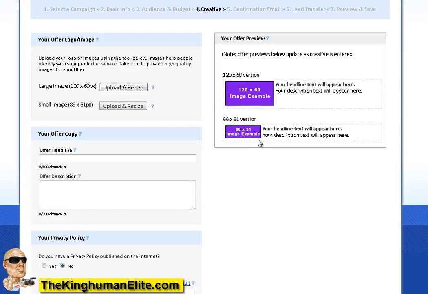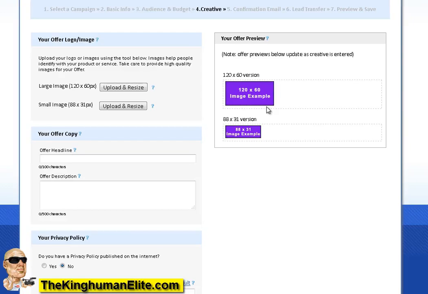For example, this smaller little tiny one is going to show up on mobile phones, things like that. And then what we're going to do is our offer headline and our offer description, very much like AdWords, the whole bit. So if you need a banner made, and you probably will, but because it's such a small size banner, the odds of you finding an affiliate or a CPA offer, well, CPA offers may have small banners like this, but affiliate offers usually don't have banners in this size.